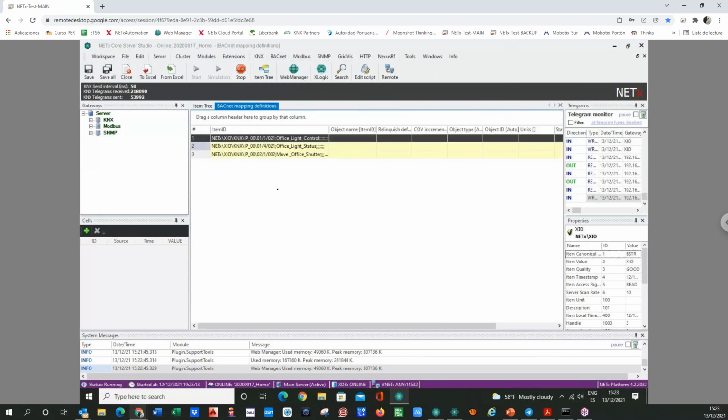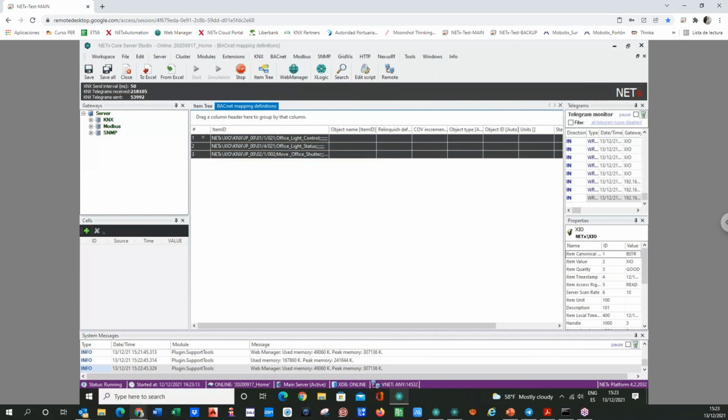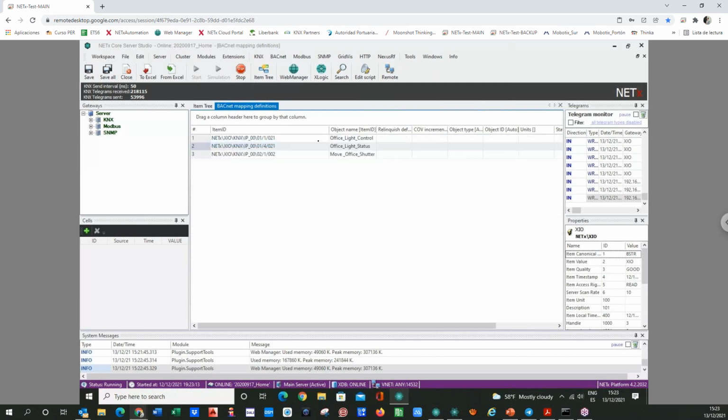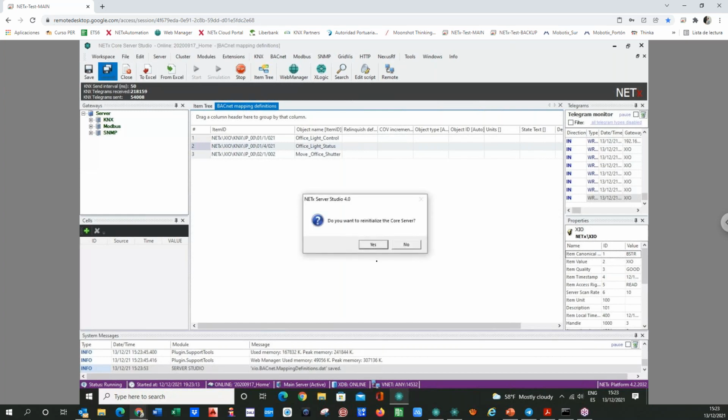So I can map in BACnet any element. I have done it before, so I have it commented. Now it's in definition mode. What I did was to take the light of my office and the status and the movement of the shutter of my office. So you can see if I save this in my server and I restart it,